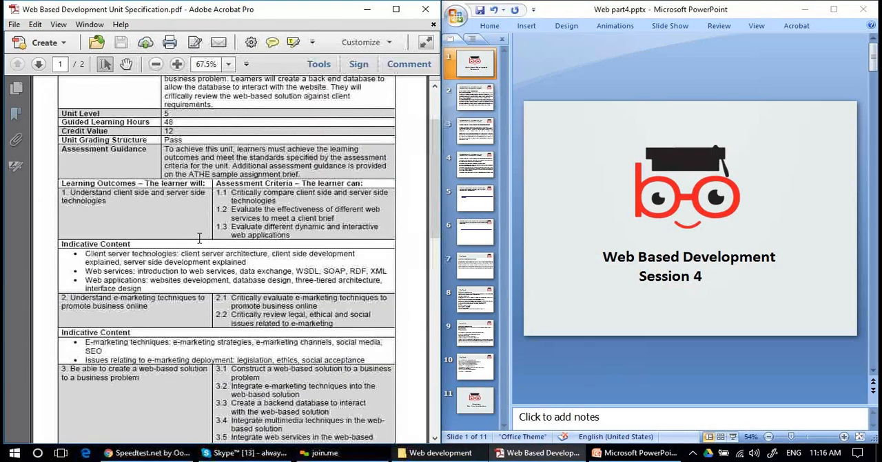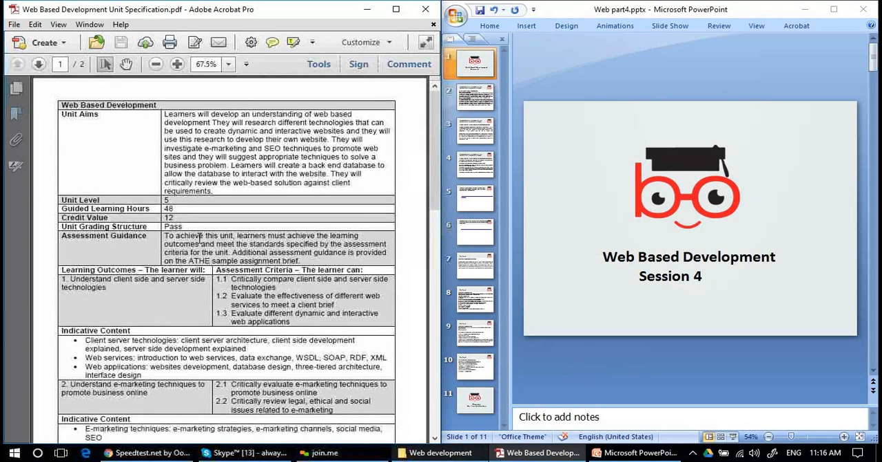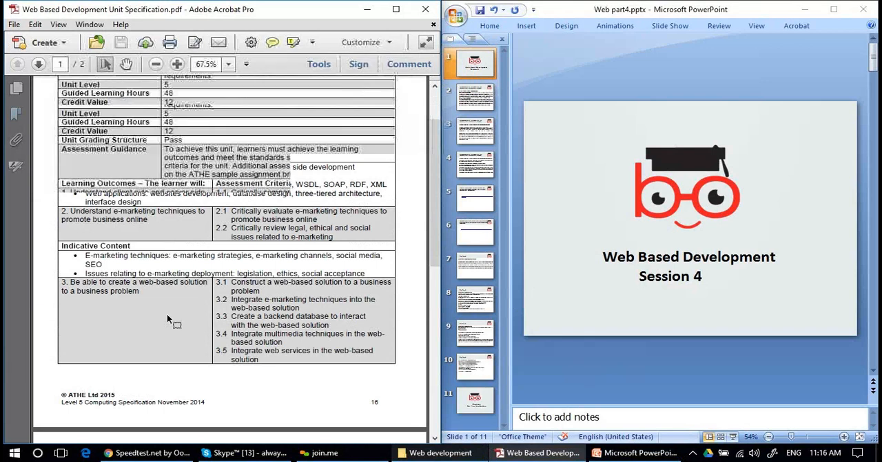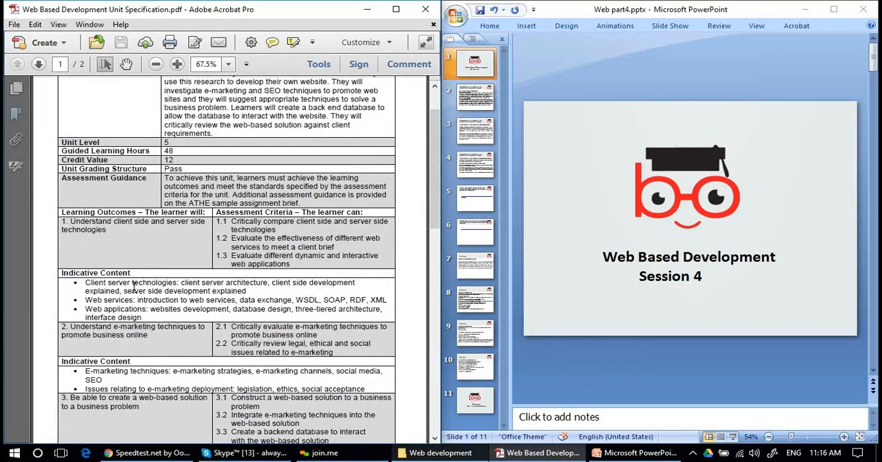Hello, I'm starting the web-based development session 4. In the first, second, and third sessions, we had discussed some core concepts related to web development,